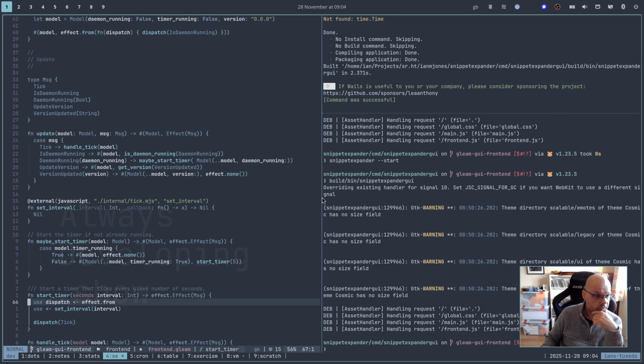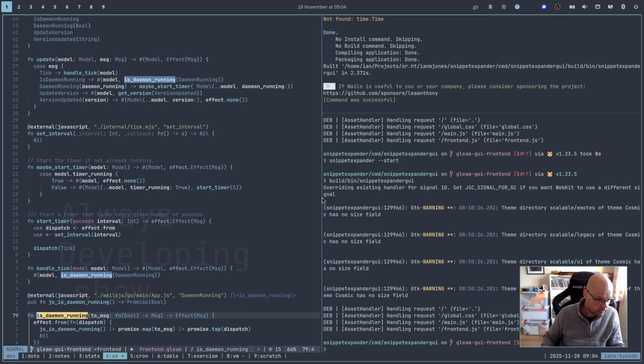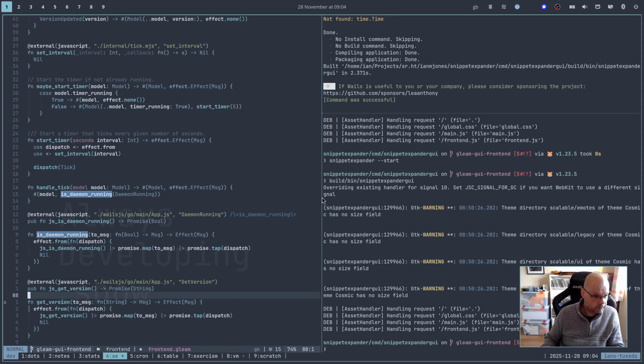So that comes into the update function. We get is daemon running, no changes to the model, and we call is daemon running. And then from is daemon running, we do the do. No, next one. So is daemon running, we